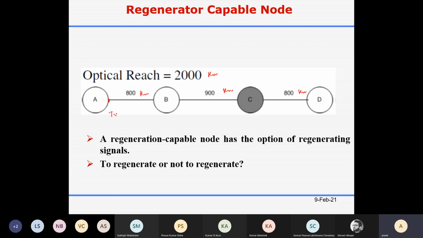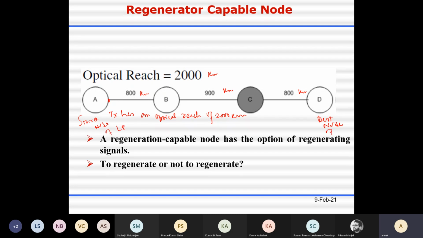So that means you are using a transmitter which has an optical reach of 2000 kilometers. Your source node is here, and this is the destination node of the light path.